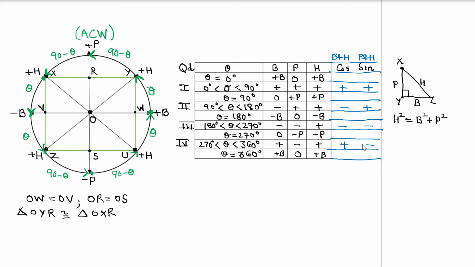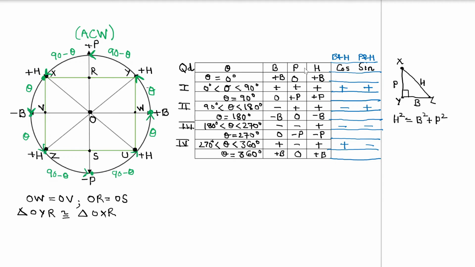Thereafter sine, if you have to find out, would be positive in the first and the second quadrant, and in the third and the fourth quadrant you would see that the various values of the trigonometric ratios of sine would be negative. I hope you would have understood it by now. A small practice further to this will make things so easy that this will become a cakewalk for you.